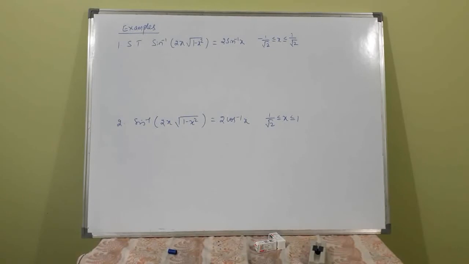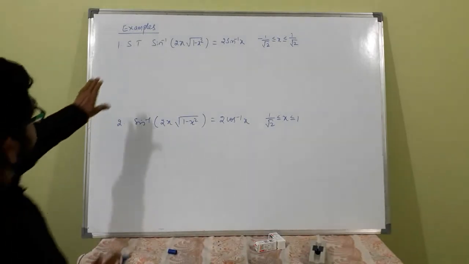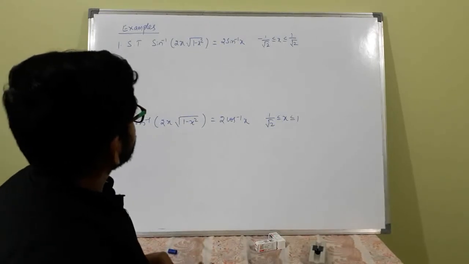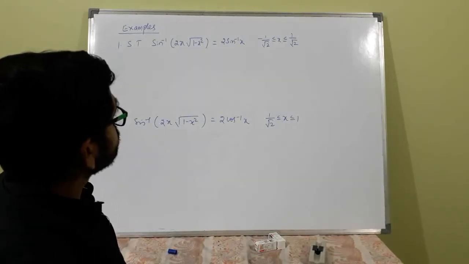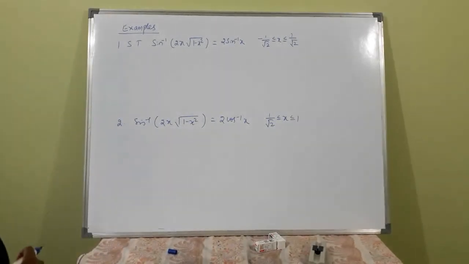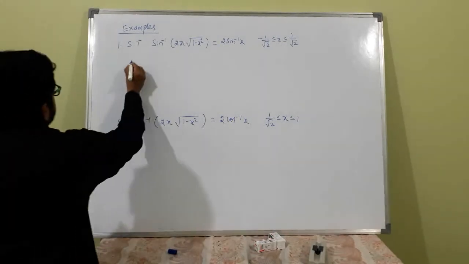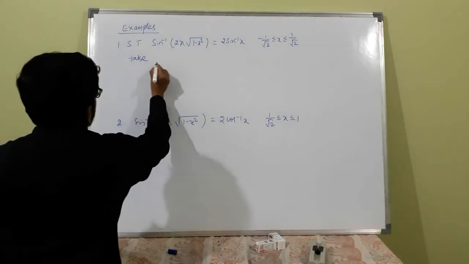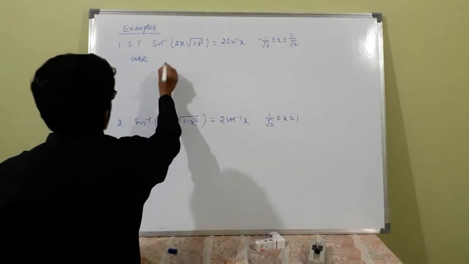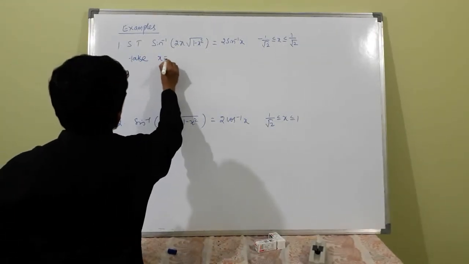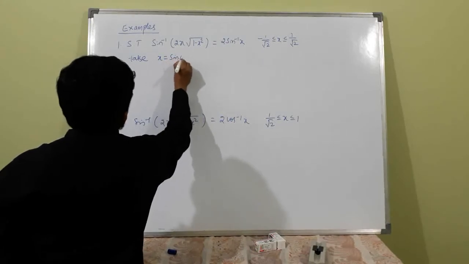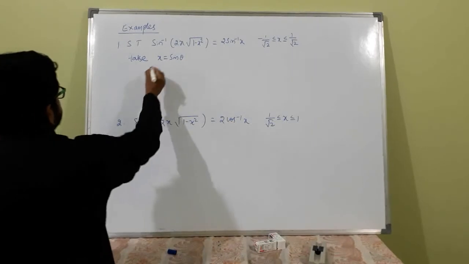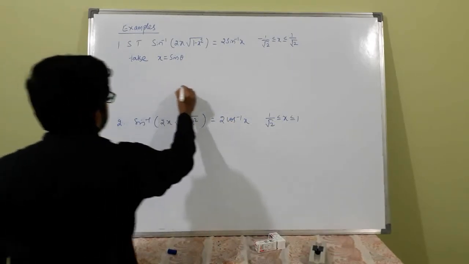Okay, these are the simple examples. Show that sin inverse of 2x times square root of 1 minus x squared is equal to 2 sin inverse x. Here you put x is equal to sin theta. Suppose x is equal to sin theta, then LHS becomes